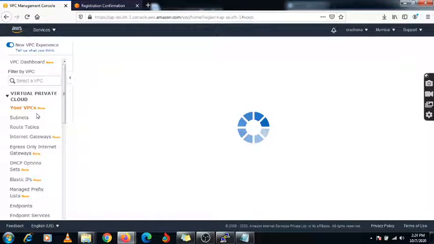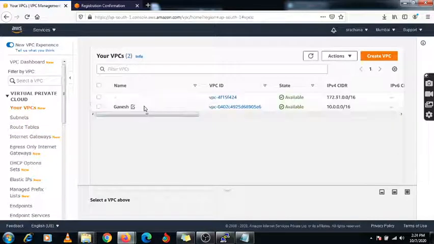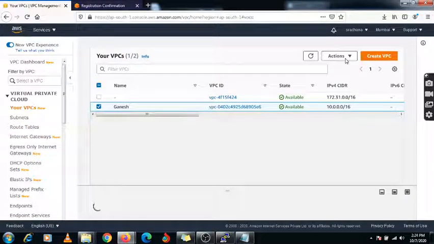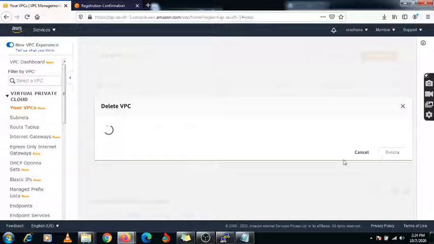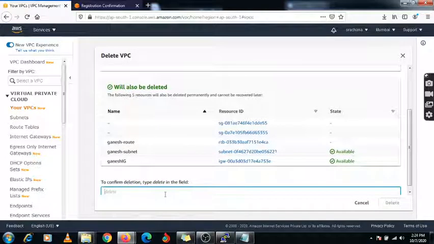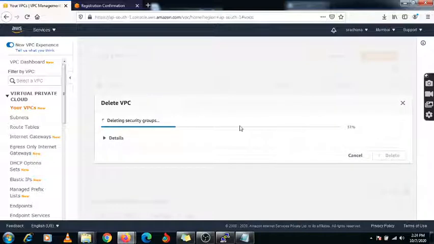By default, the subnet, route tables and internet gateway which are connected with your VPC will be removed automatically, right? So just go to Action and delete your VPC. Here you will get the delete confirmation. You need to type delete and click on delete. So these are the options you need to select. So thank you guys.